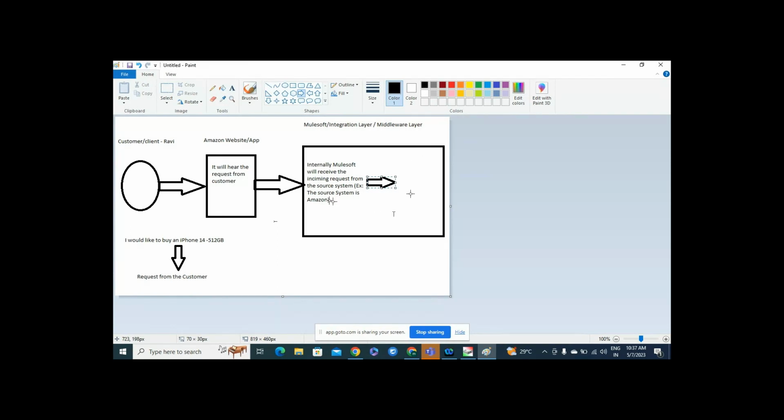We have different target systems, but which system we need to choose is decided based on the incoming payload. The incoming payload is iPhone, so different targets like Samsung are not relevant. Based on the customer request, you cannot send it to another target system because the customer is asking for iPhone.